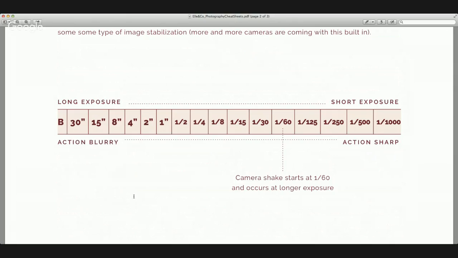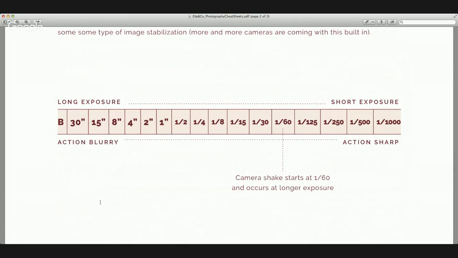But coming to the right side of the whole picture, 1/500th of the unit of time, that means it's a lot less, and the shutter is open for a very small fraction of a second. So obviously the amount of light that's entering is really less, and that's why your photos might be darker if you shoot at such high shutter speeds.